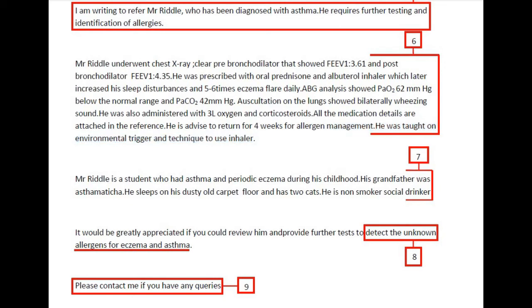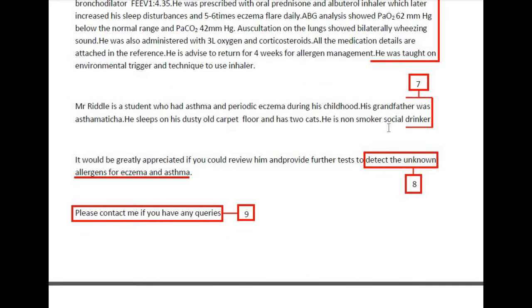In the third paragraph, the writer says the patient's grandfather had asthma, which is totally irrelevant, and the information provided doesn't lead to the patient's condition. Instead, those ideas just remain as a social background. We can also see that important information is missing from this paragraph, that is, the patient has no known allergies even though he has eczema, which cannot be seen anywhere in the letter despite being vital information. It's very much important to mention the allergy information when you are writing a letter on behalf of a patient who requires a test to identify the allergens; missing out this vital information can reduce your OET score.